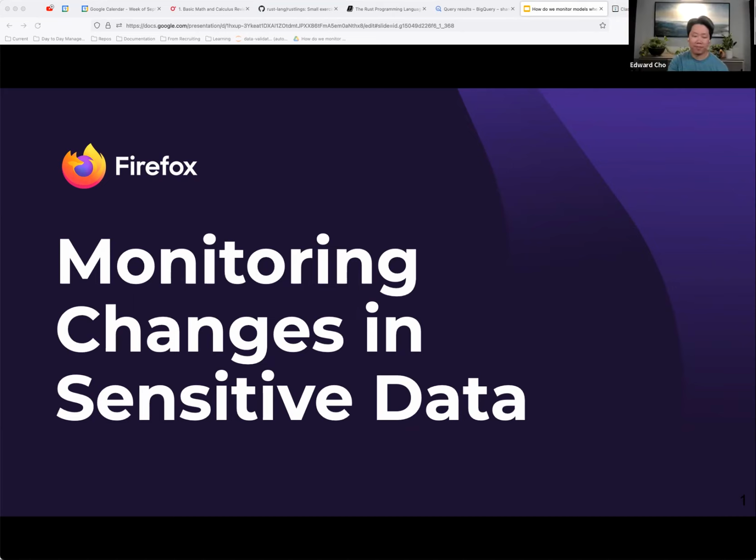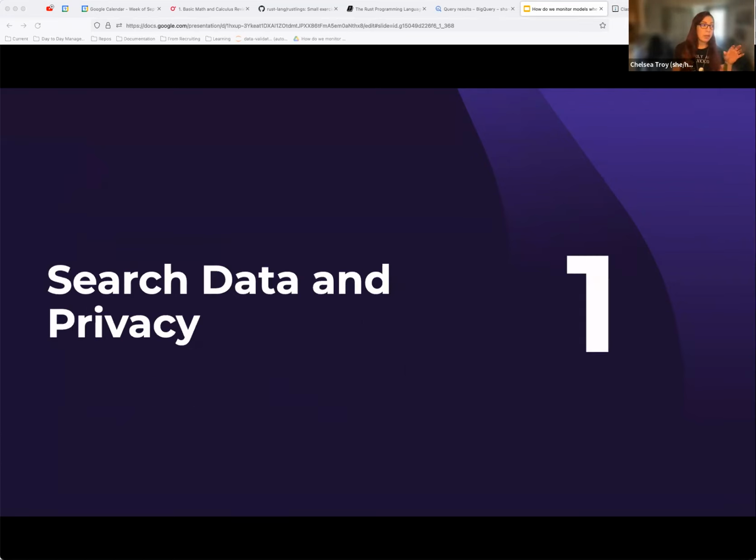All right. Hi, folks. My name is Chelsea Troy. I am an engineer here at Mozilla, and today I'm going to talk about the approach we're taking to data automation around search terms. So to do that, I'd like to start by sketching the landscape we're working in and